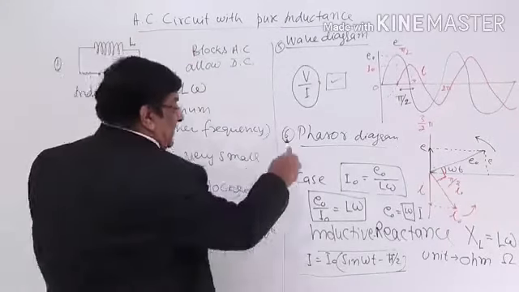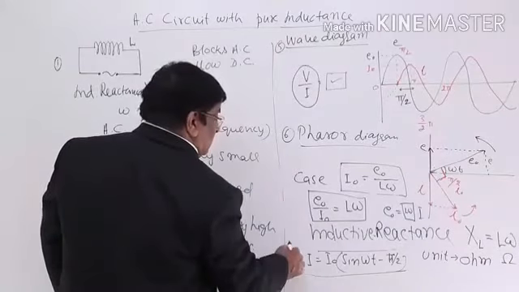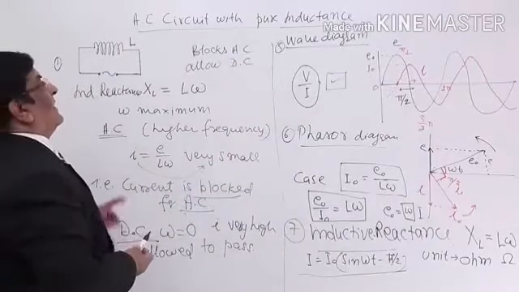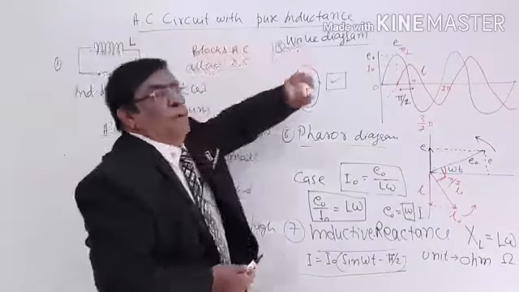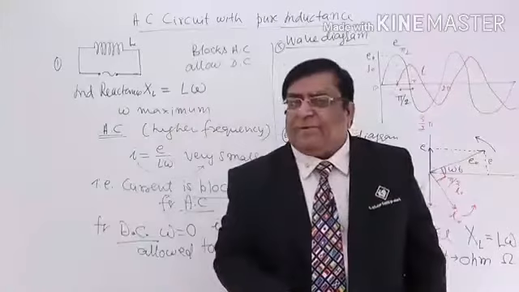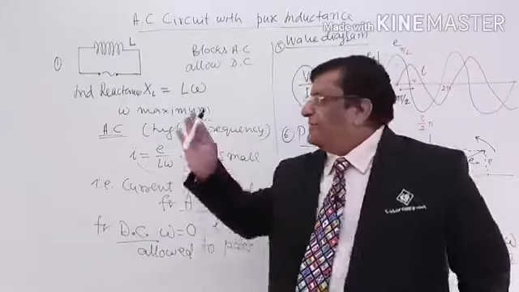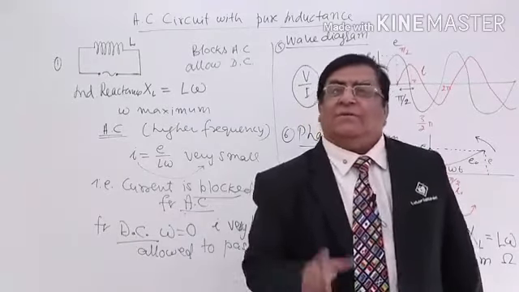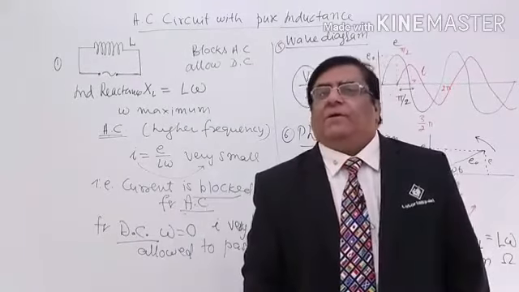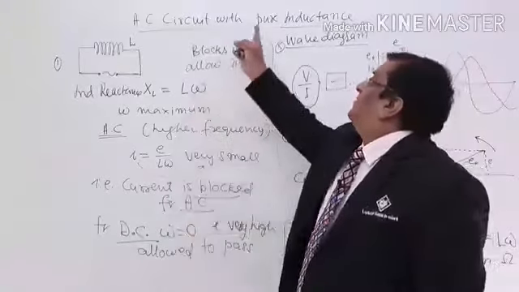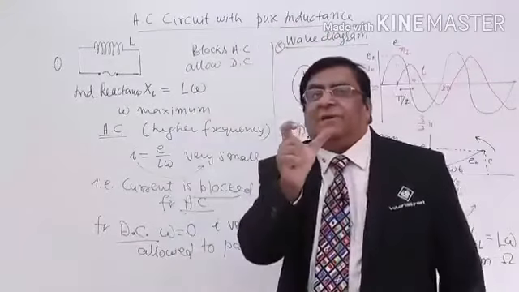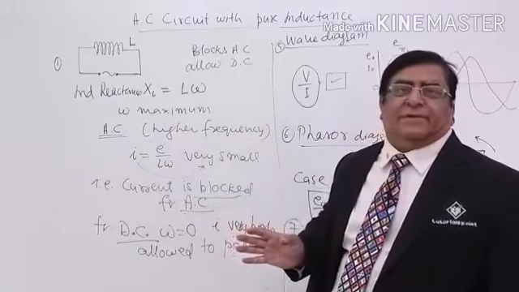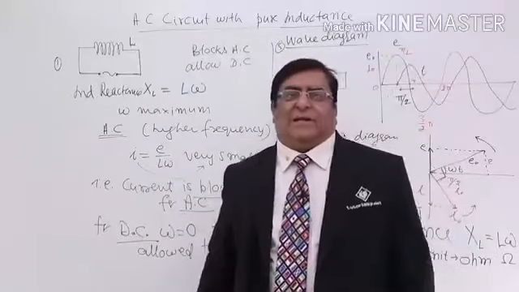So in this way we have studied all these 7 features, characteristics of the circuit. Which circuit? AC circuit with pure inductance. So please remember, now I will not repeat the points. All these 7 points you should remember, and we will need them in the lectures to come. Now in the next lecture we will study that, in place of the inductor, if we fit a capacitor, then what will be all these 7 characteristics. That we will see in the next lecture. Thank you.